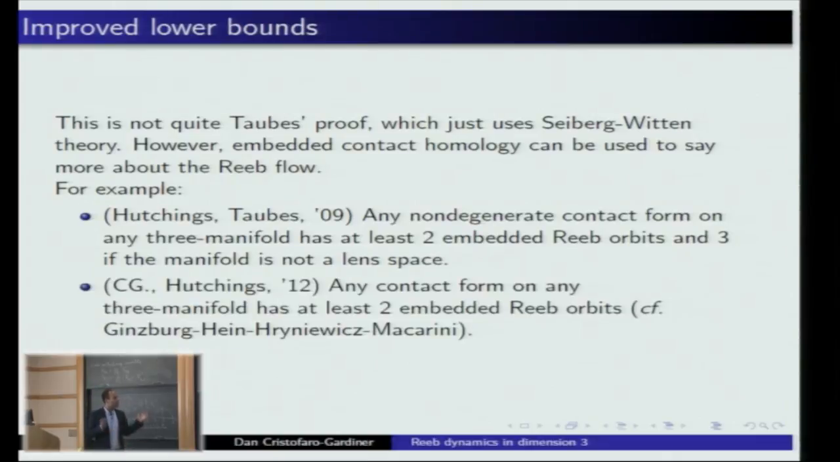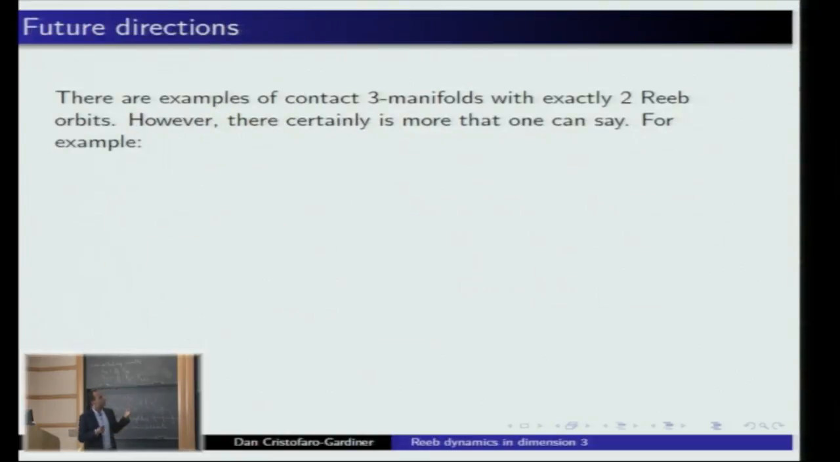And then last year, Hutchings and I were able to remove all the technical hypotheses from this. We showed that any contact form on any 3-manifold has at least 2 embedded Reeb orbits. And Doris Hein, who's also a member here, at the same time came up with a completely independent proof of this fact when the 3-manifold is S3. Okay. And this is a nice result because there are certainly examples of contact 3-manifolds with exactly 2 Reeb orbits,